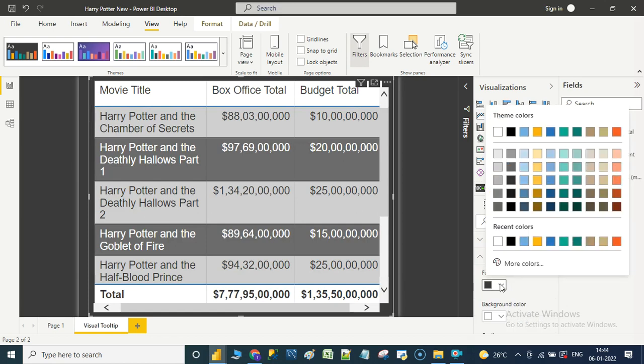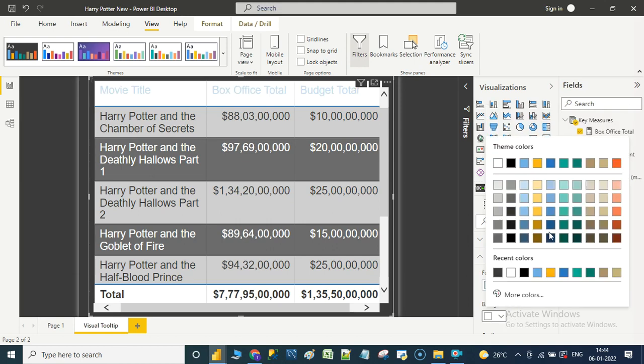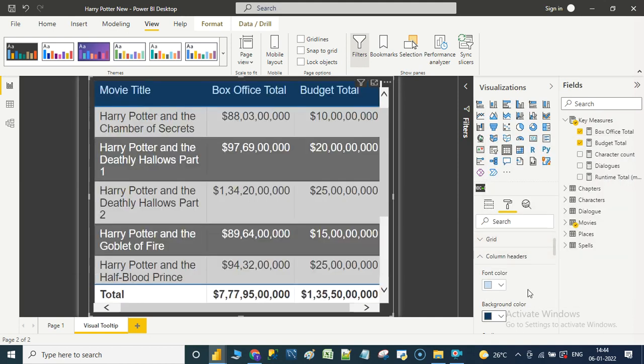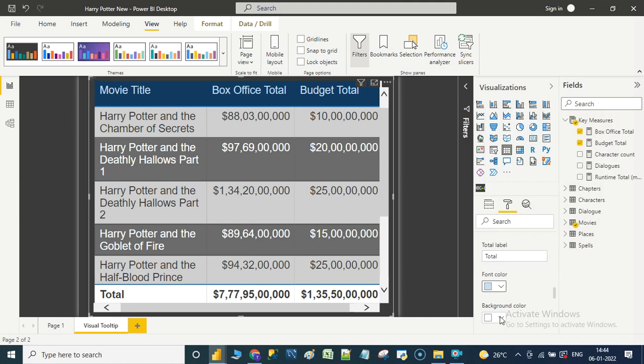Let us make the font color sky blue, and let us make the background color dark blue. Similarly, let us do the same for total: let us make the font color sky blue, and keep the background color dark blue.